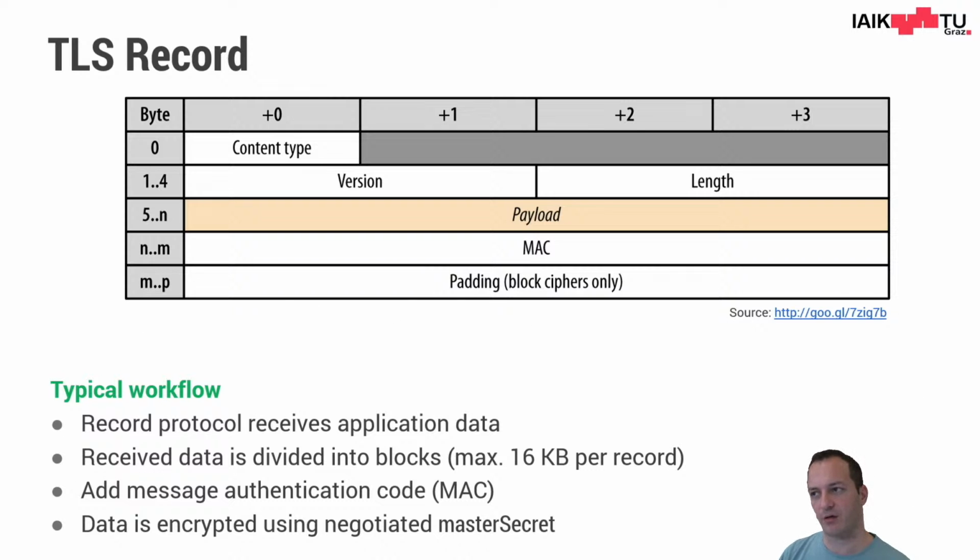And eventually, if we're using block ciphers, it might be necessary that all our messages have a certain size. The block size used by the cipher to encrypt data, and therefore we might have to pad the header to exactly come to these 16 bytes or whatever block size your cipher is using. The actual data, which follows afterwards, is encrypted using the master secret. So the master secret here is either the secret using RSA, which please do not use, it's insecure,